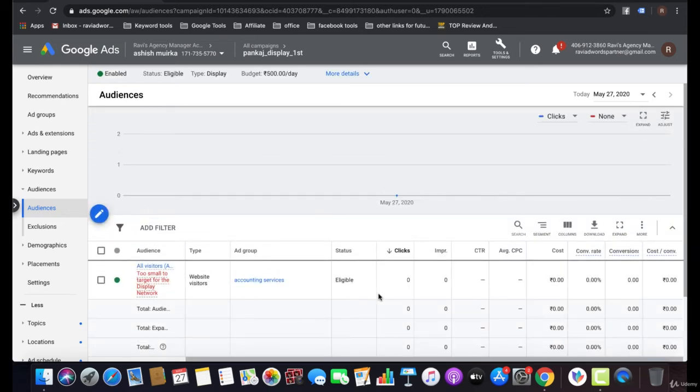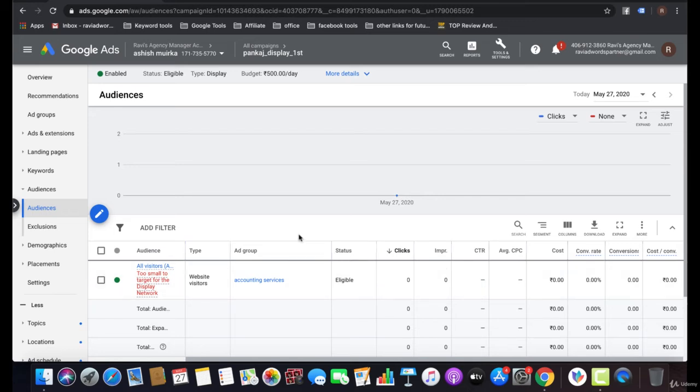remarketing for previous visitors you can do for visitors who have not enrolled, who have not taken action on your website or app, and you can show your converted audience as well. You can show different products or different services to that particular audience. For example, I'm selling digital cameras, Canon digital cameras, and I got 20 purchases for that particular campaign. Then I can create a remarketing list for that purchase audience, and I can remarket digital camera accessories to that audience as well.